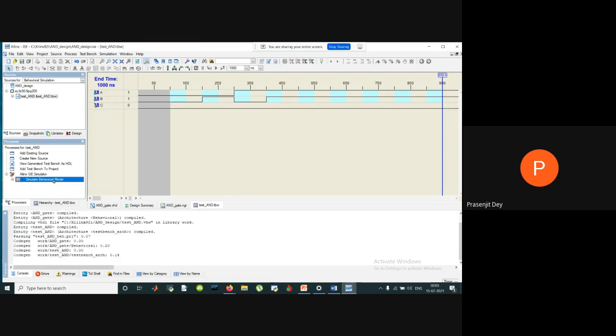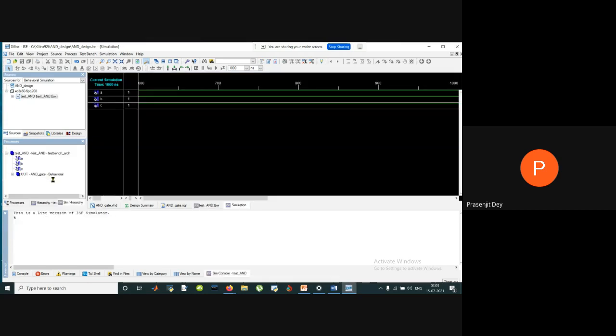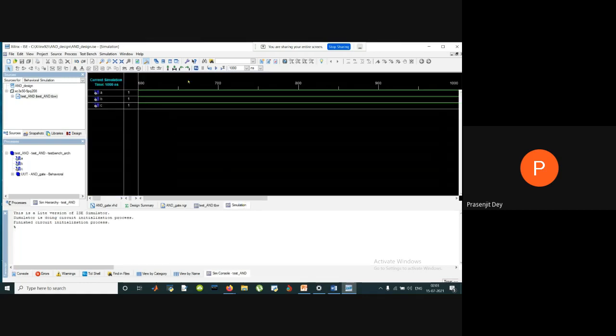When you double click on it, it will bind this test file with the VHDL module, and it will simulate the result. Now as you can see, that test bench waveform file was from 0 to 950. Now the simulator window is showing values from 600 to 1000.